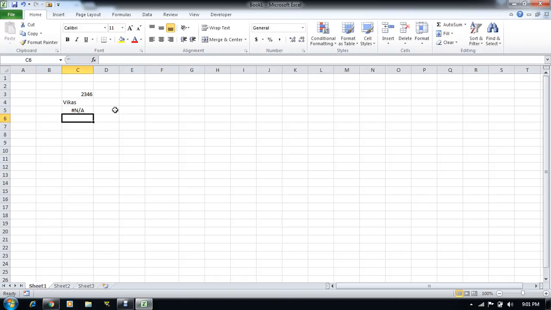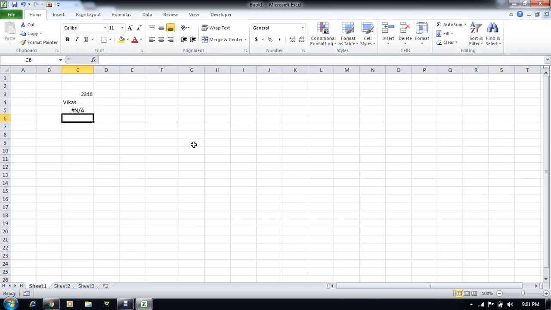You can see here, this is the NA not available error, so it is center aligned, and you can see here the character value is left aligned, and the numeric value is right aligned.